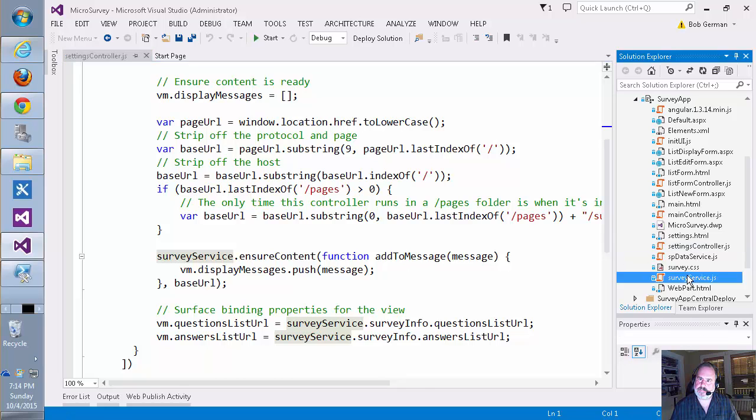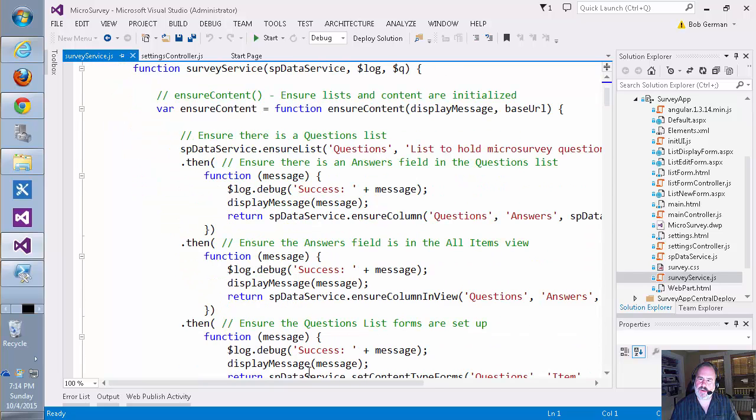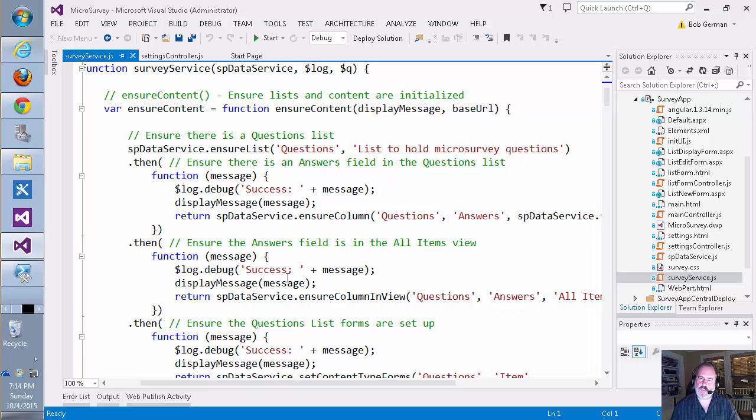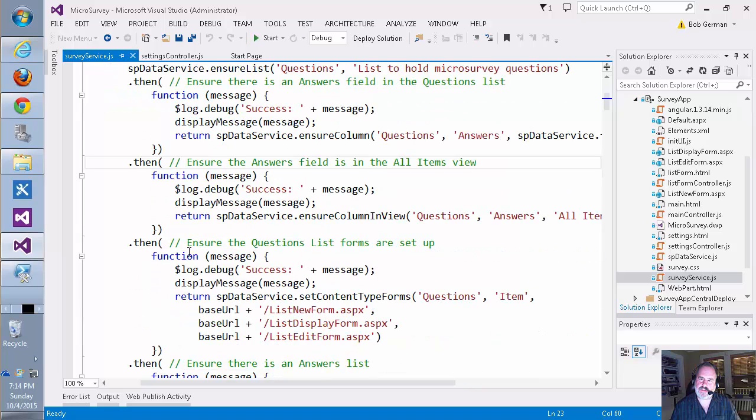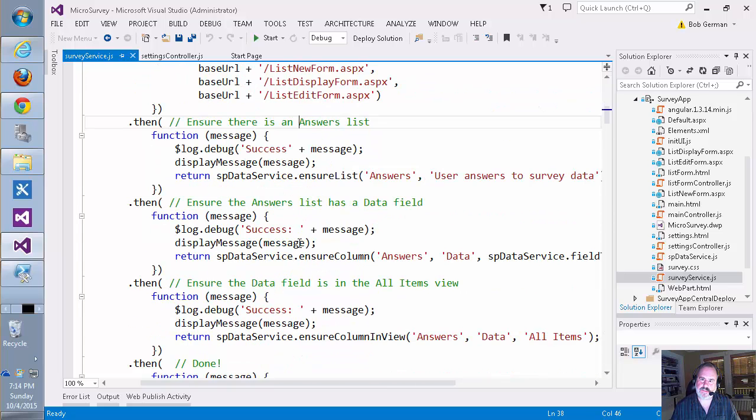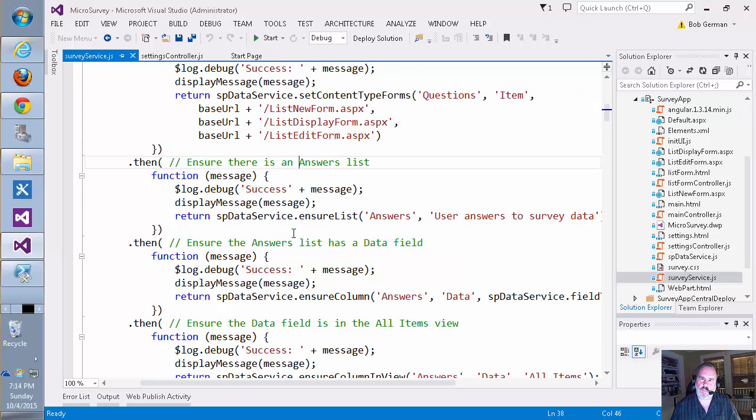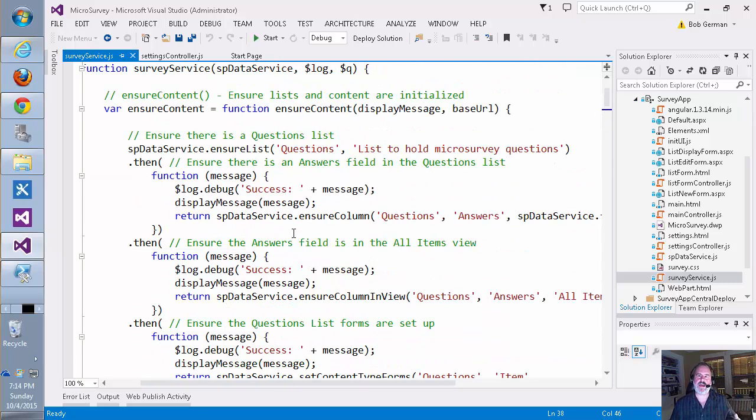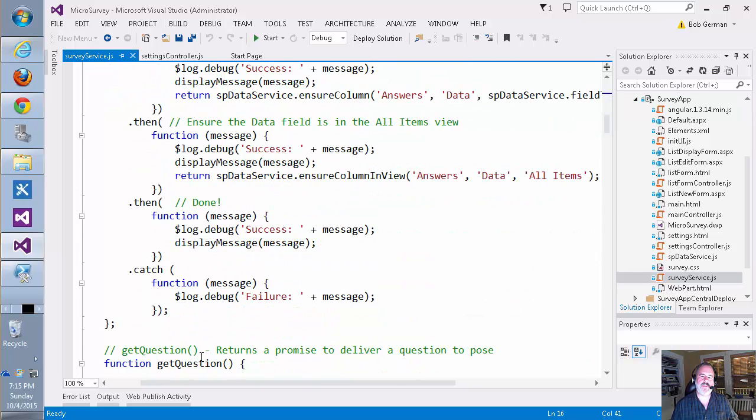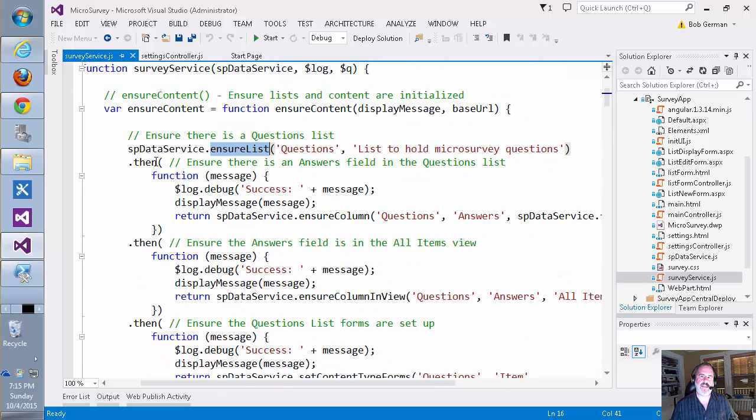Inside the survey service, you can see the actual provisioning code, and this is where promises sort of show their stuff, right? Because what is survey service ensure content going to do? Well, it's going to ensure there's a list called questions, then it's going to ensure there's an answers field in there, then it's going to ensure that the forms are set up, then it's going to ensure that there's an answers list, etc. So it's just going to go through all this stuff, and notice how it just says then. So it reads from top to bottom, even though the reality is that these are all asynchronous callbacks through the wonder of promises. Ensure list runs, and then the reality is we're going to fall all the way through the bottom of the function. And then this then function is going to get called when the promise returns and says,